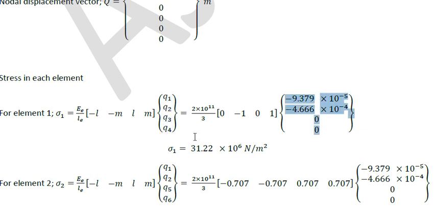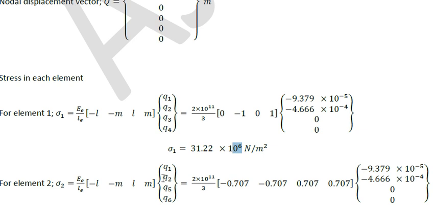So if we substitute that, we will get this stress as 31.22 megapascal, or into 10 power 6 Newton per meter square. Make sure we are maintaining E in Newton per meter square. That is why we are getting this answer. This is equivalent to 31.22 Newton per millimeter square or 31.22 megapascal. Okay, Newton per meter square will be pascal.